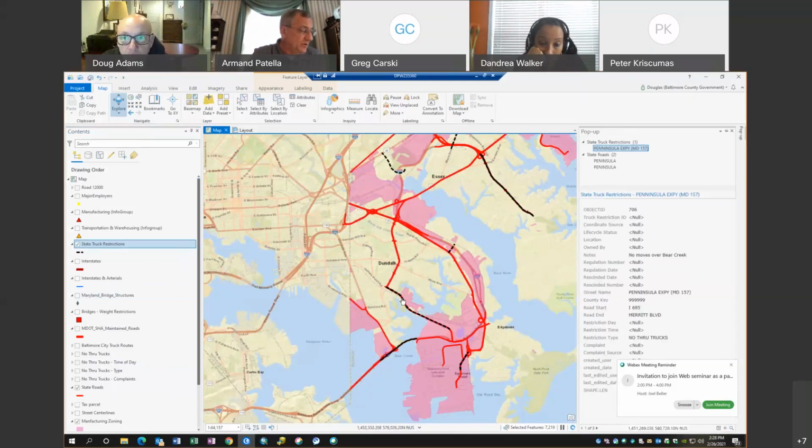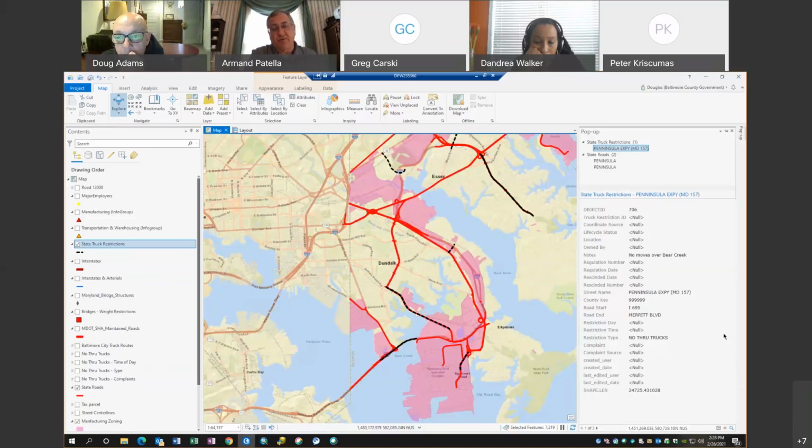I believe, if I'm looking at the map correctly, that's Peninsula Highway. Yes. I was actually unaware of the state restriction there, but yeah, we definitely want to include that, and I appreciate you including that in your map. We don't have any objection. To us, it's a secondary route, not necessarily the primary route to Sparrows Point, but with more and more trade, especially from the port, with an origin or destination in Sparrows Point, specifically destination, a secondary route to that location is very important. We'll look into the state restriction that they have in place separately, but we definitely want to include that in the route. Okay, yeah. And it's a major roadway.